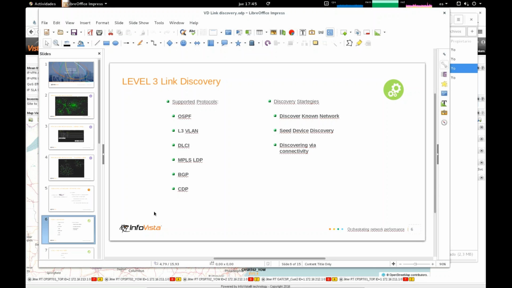But we are also making it work with Huawei and Juniper. So if one of these protocols is supported by the device and there is SNMP information about it that is accessible, then we're going to discover this link. Now, sometimes it may happen that Vista Discovery 5.1 is not good enough to discover all the links. So you can use Network Ferret standalone with further configuration to enhance its link discovery capabilities and finalize those bits